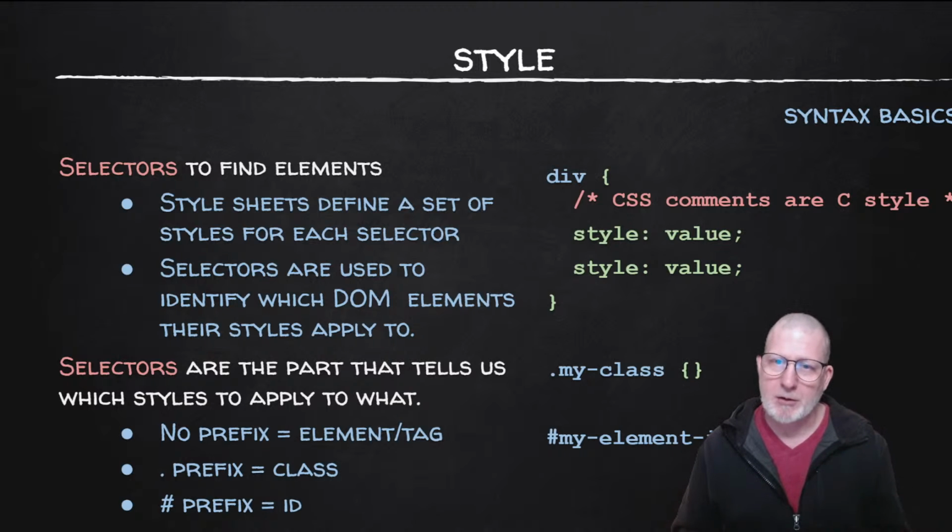You can make selectors that pick off a specific tag. In the example I have here, all divs get the styles that are inside the curly brackets here. The second selector I have here is prefixed by a period, and that's a class style selector. And that is going to go look for all elements that have a class attribute with a name that matches. If the name myClass is in a class attribute for an element, then all the styles inside myClass get applied